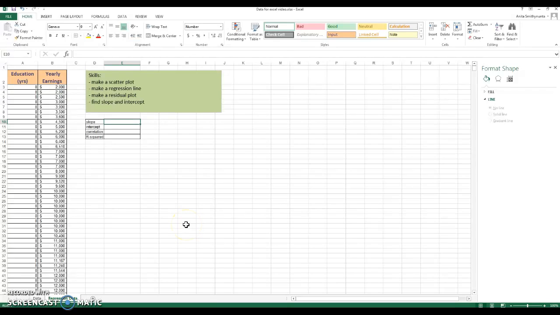And I'm Anita. Today we will be covering the skills: how to make a regression line on a scatter plot, how to make a residual plot, and how to find the slope, intercept, correlation, and R-squared. To find a regression